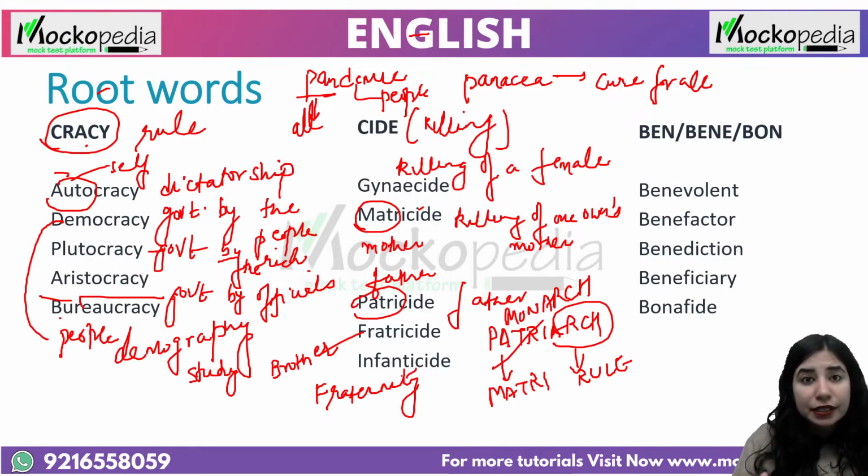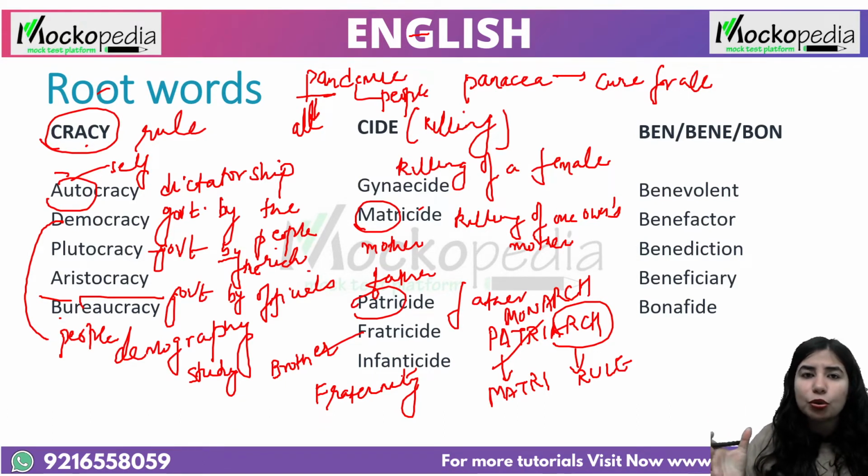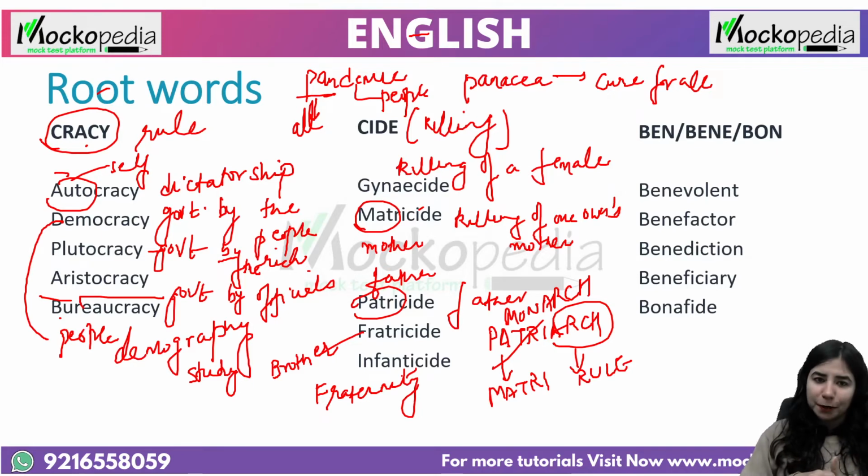Then there is insecticide, there's germicide, right? Then suicide, regicide, homicide. You keep on learning. The list is endless. Uxoricide is killing of one's own wife. There are so many words. Mariticide is killing of one's own husband. So just by knowing the roots, you can get into this world of knowing as many words as possible, right? So I hope you're clear with these roots.